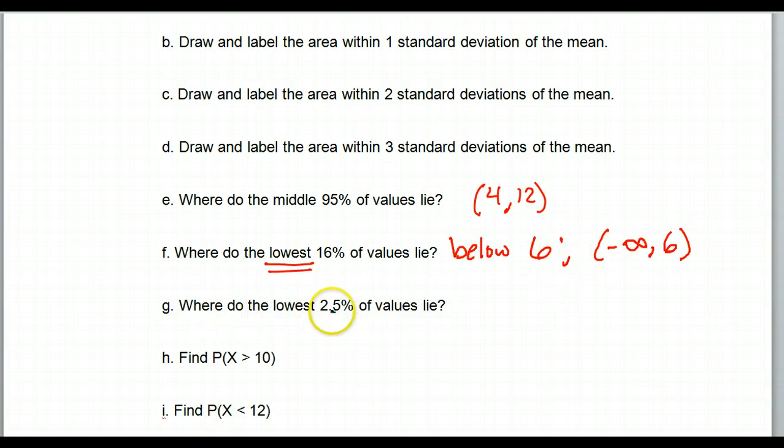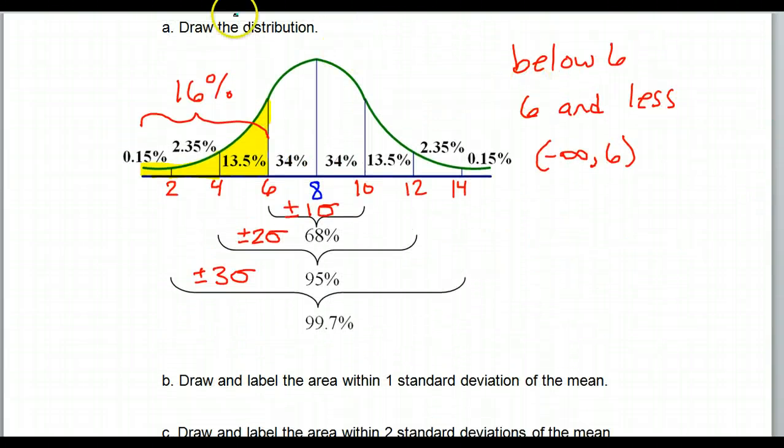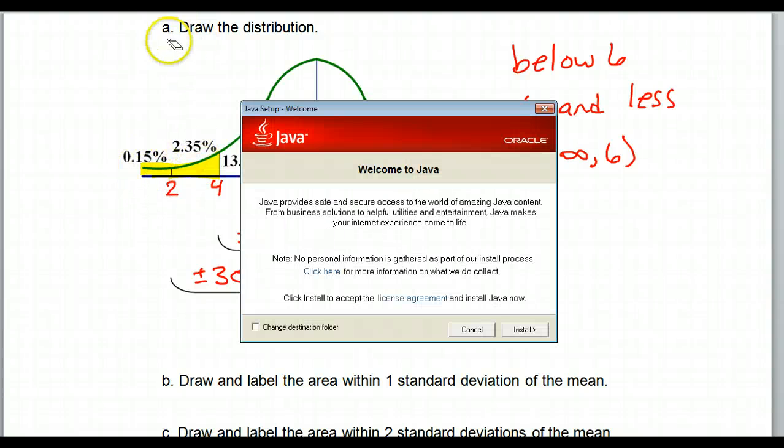Where do the lowest 2.5% of the values lie? We're still talking about the lowest, so we're still talking about the left end of the graph. Now, I basically answered this on my way to finding the 16%, because right here, if you add 0.15 and 2.35,